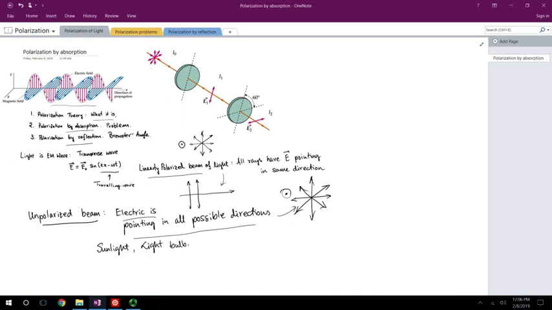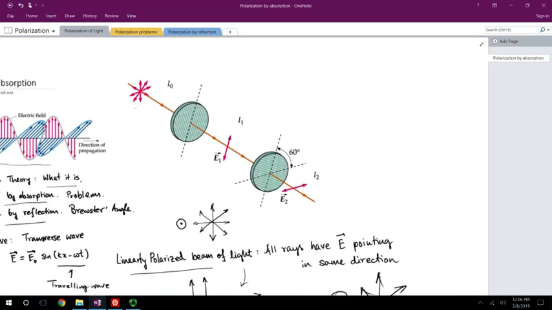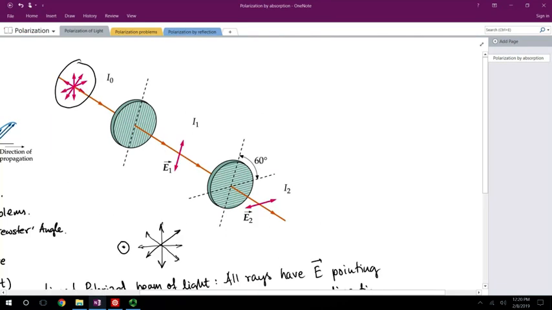But now, is it possible to polarize light starting from an unpolarized beam of light? So in this example, we'll consider just that. Here I have a beam of light that is coming in over here. It has electric field that can point in any possible direction, as shown in this figure. So that is an unpolarized beam of light, and it has some intensity I naught. Now we're going to make this unpolarized beam pass through a material that we'll call a polarizer